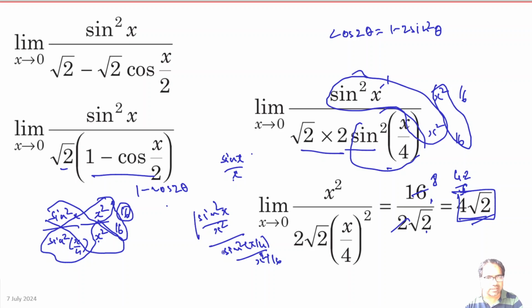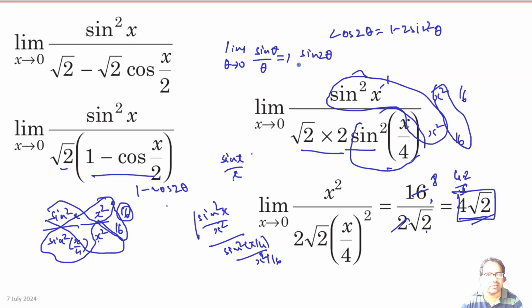So ultimately this gets converted to sin square x by x square, by sin square x by 4 by x square by 16. And we have this 16 left, and 16 by 2 root 2. We have to be a little careful. Please note one very important thing. When we say limit theta tends to 0, it should be sin theta by theta. We cannot say sin 2 theta by theta,